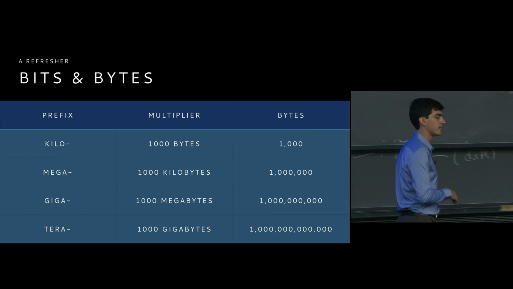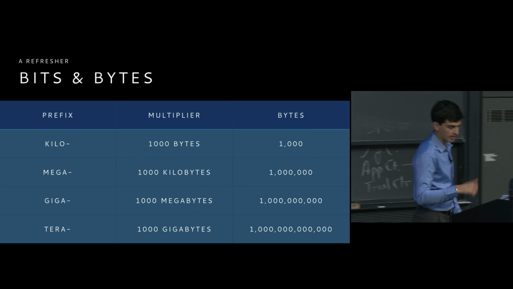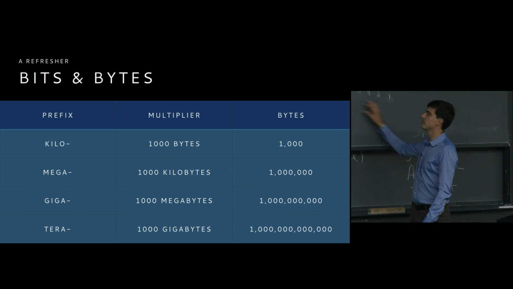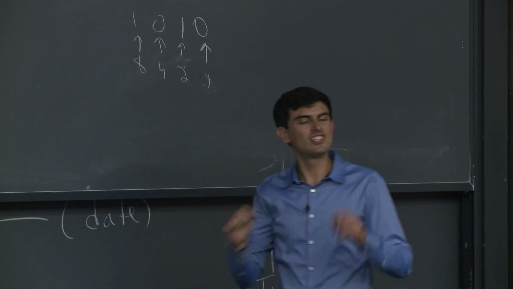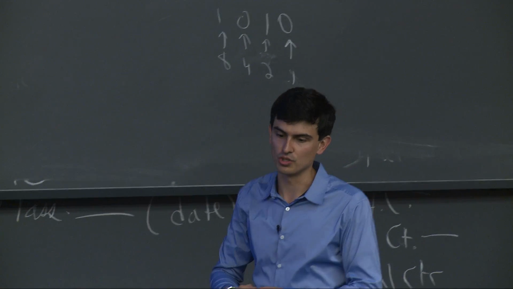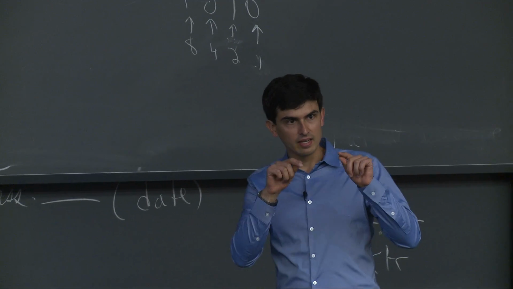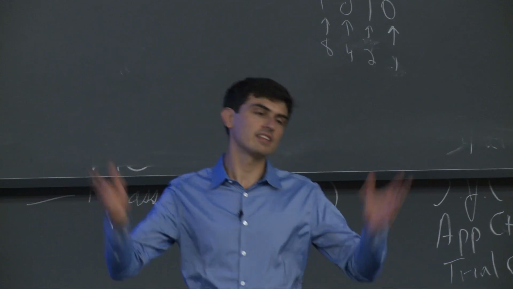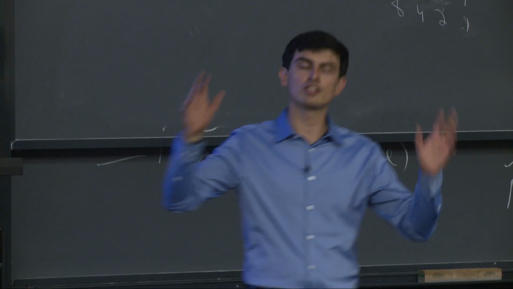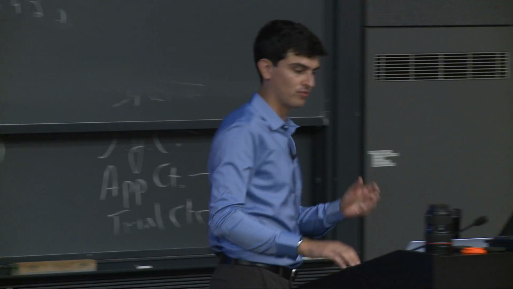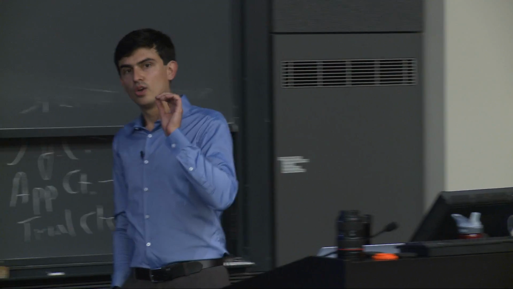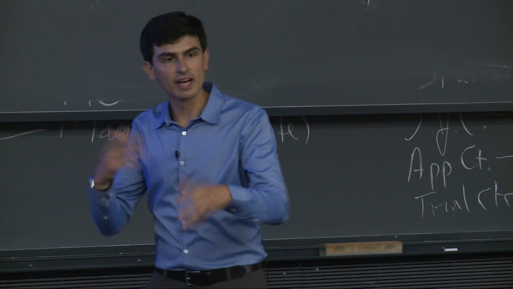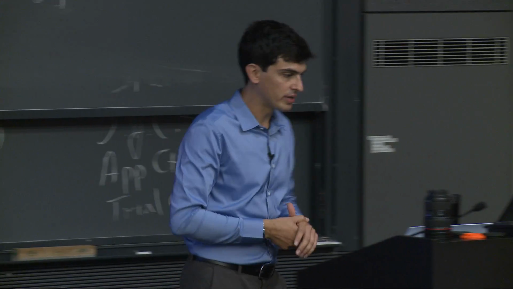It just so happens that very early on in computing, all of this was co-opted by computer scientists to also represent this idea that we have bits and bytes, which are not in powers of 10, but powers of 2. It just so happens, and it's very convenient, that 2 to the 10 is 1,024, which is very close to 1,000. So they said, that's good enough, very early on in computing. And they just said a kilobyte is 1,024 bytes. But it's important to realize that when we're talking about these multipliers of 1,024, and again, this is for those of you that already had this idea in your mind that it was, in fact, 1,024,